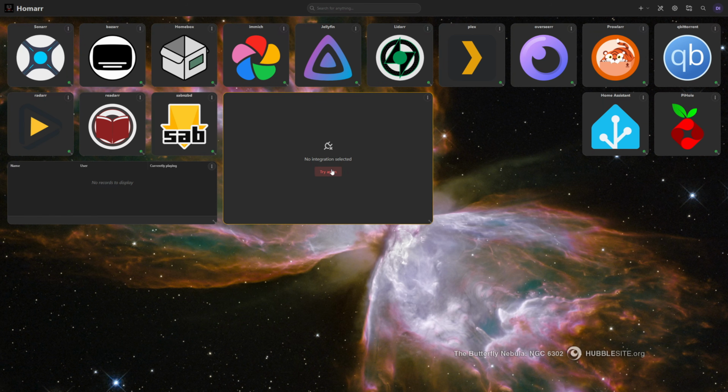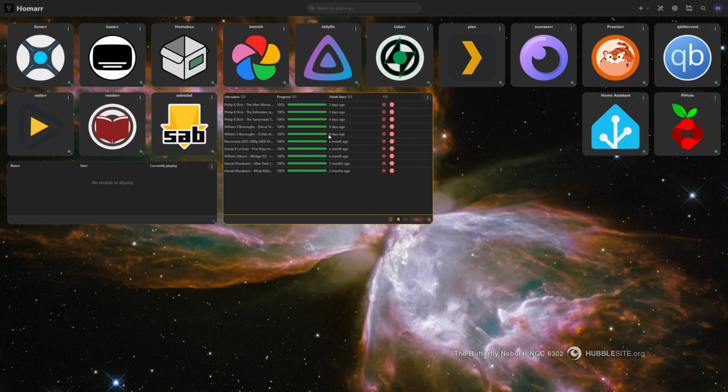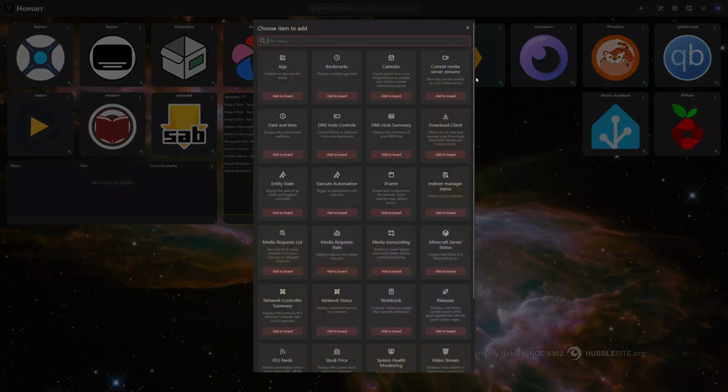And what this will allow us to do is, without having to look in the little bottom corner, I know that this one is for NZBD. And then if we go ahead and add another one,